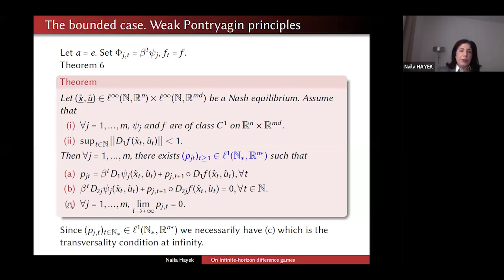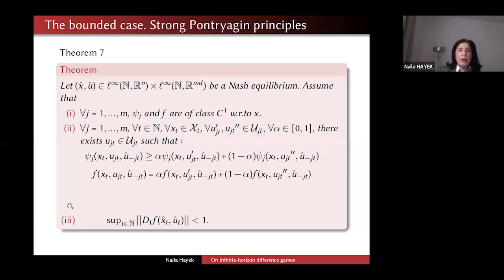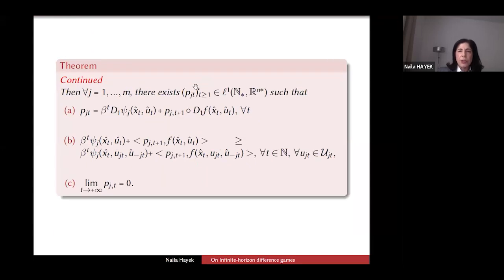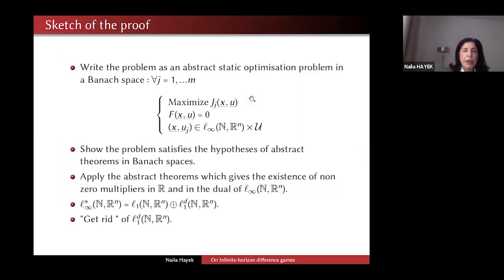So this is interesting. It's given. Now another theorem of the same spirit, but with some more conditions, convexity conditions, will give me results for strong Pontryagin principles. So the same spirit, we have also the adjoint variables in the space L1. A sketch of the proof, very quickly, would be to write the problem as an abstract static optimization problem